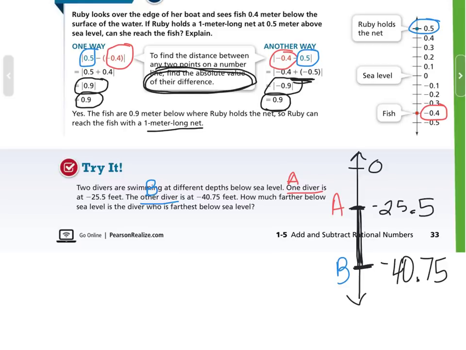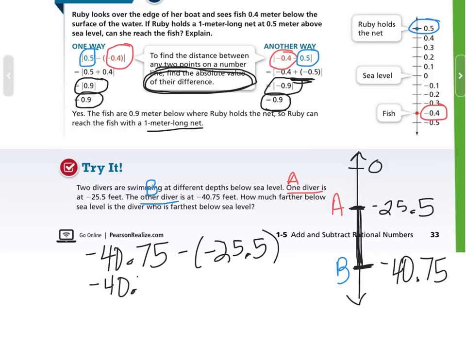All right, so I made a number line for you so you could visualize what was happening, and what we're looking for here is the distance between diver A and diver B. Hopefully you guessed that what you have to do here is subtract these two rational numbers. All right, so the next thing we want to do is to change this from a subtraction problem into adding the opposite. And when I do the opposite of this point A, the opposite of that is a positive 25